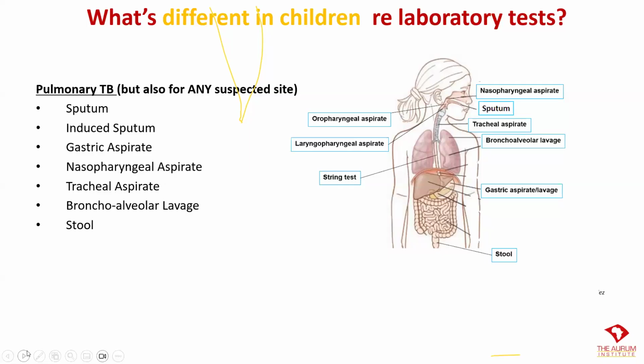So that is the reasoning behind a gastric aspirate, that what's in the stomach often comes out of the lungs. But that's not an amazing test, and any of you who have done that know that it's a really unpleasant test for children, and they need to be starved for 4 hours. There's some evidence now that we can use a nasopharyngeal aspirate, but it's not very accurate. A tracheal aspirate, if they're intubated, or a bronchoalveolar lavage, those are